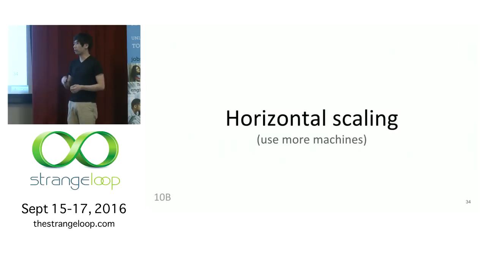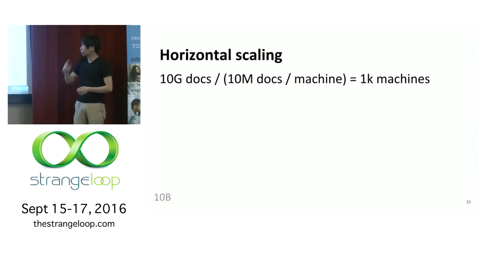One way you can do this, not the only way, is you can take your documents and split them up onto different machines, right? So different machines have different documents. When you want to do a query, you query all the machines. The result is just a union of the results from all these machines. So this is really straightforward. So we said we had 10 billion documents, and we said we could somehow serve 10 million documents per machine, right? So that's 1,000 machines. If you do this, this will work OK.